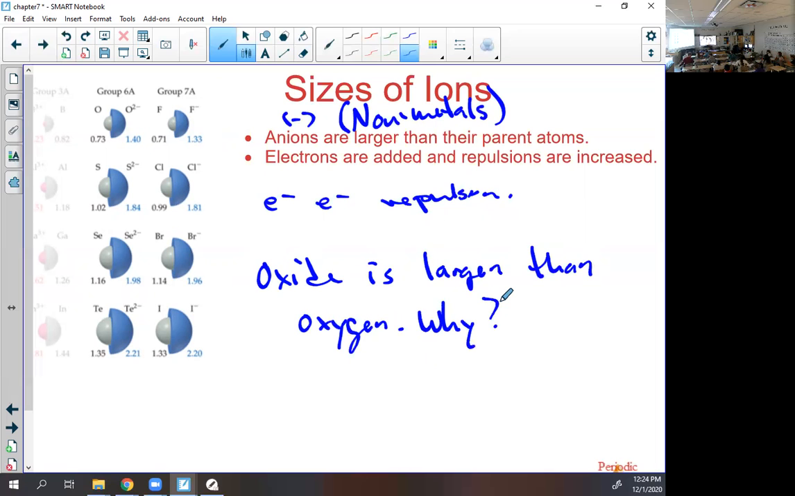Okay, this is how the test looks, and kids screw it up. It says oxide is larger than oxygen. Why? The reason this one's harder is with metals,